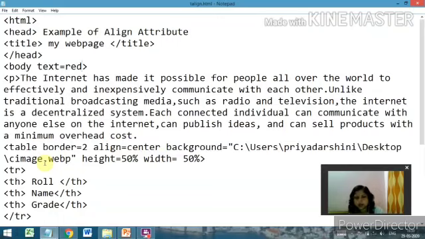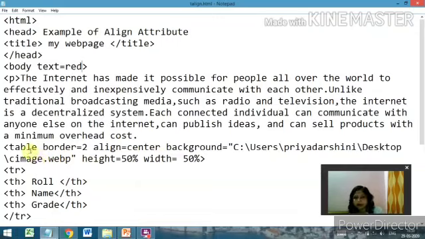You can type it, no problem, but if you type, there may be some mistake with uppercase, lowercase, or maybe a space in the file name. So it is better to always open the properties of the file, bring the location of the file, then the image file name, and then put it in the background.